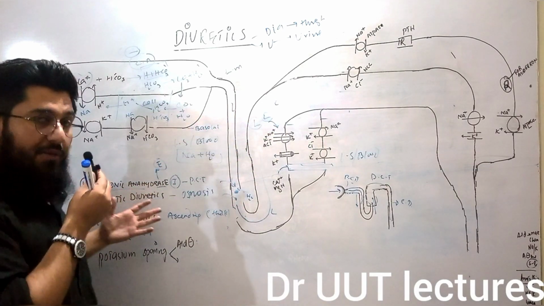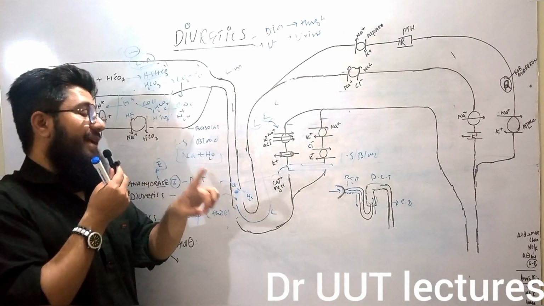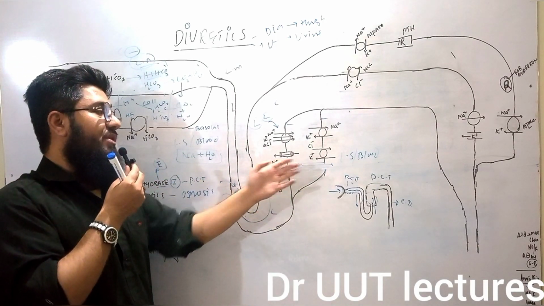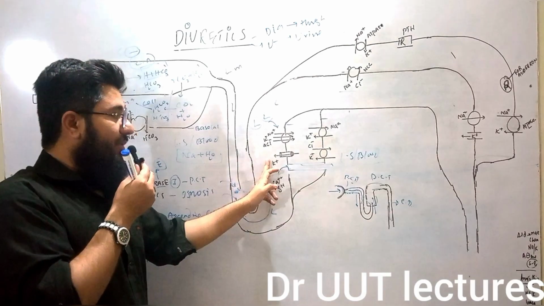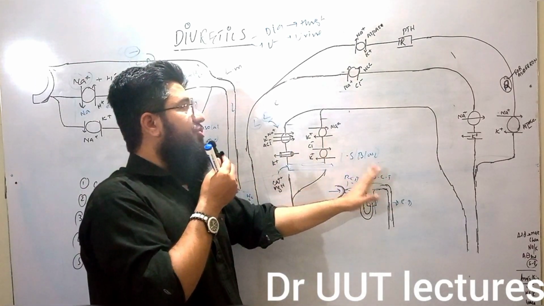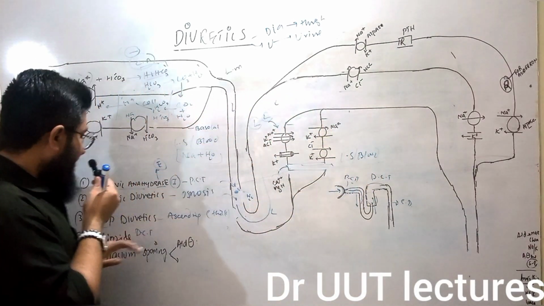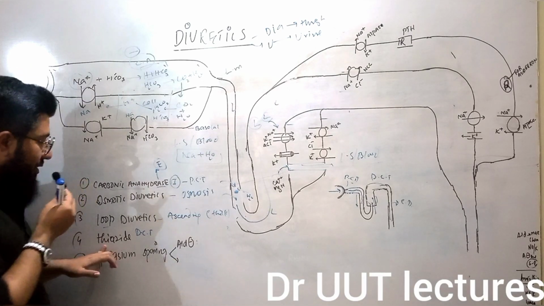So it is causing hypokalemia and hypercalcemia. Why? Because calcium is moving into the blood, from the lumen into the cell, from the cell into the interstitium or the blood. Then our next one is thiazide diuretics, which is actually going to work on the